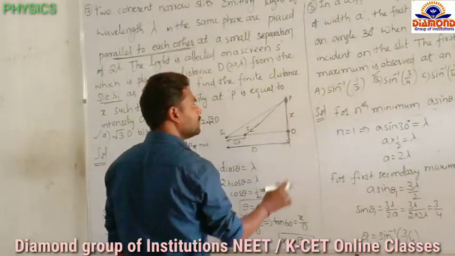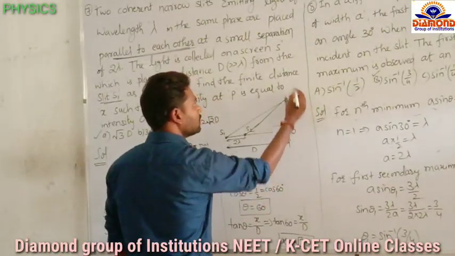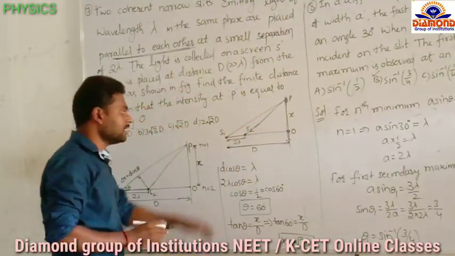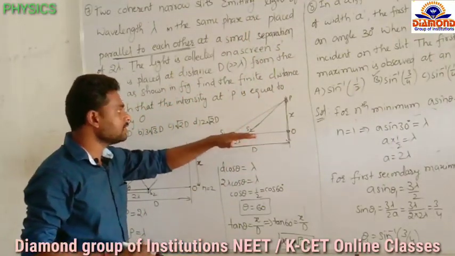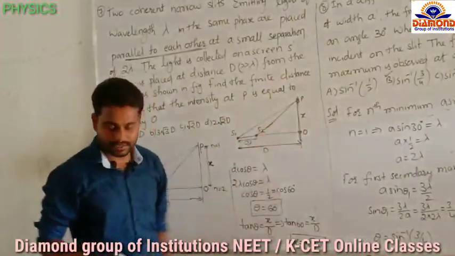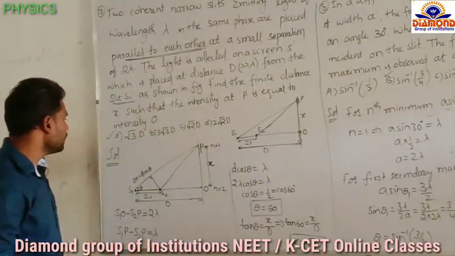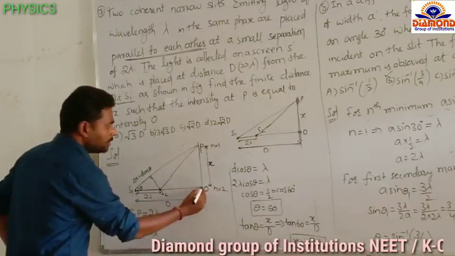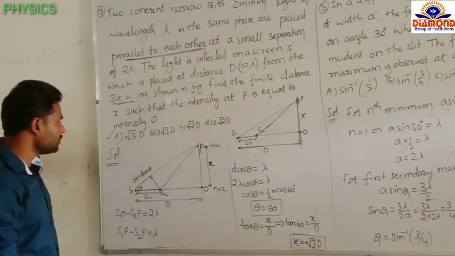But in the vertical case, the central maxima is 1, 2, 3, like this; the fringe order increases. If the slits are horizontal, the fringe order decreases, and if the slits are vertical, the fringe order increases. Remember that point. So now, first at point O, which fringe is forming, bright fringe or dark fringe, that we have to find.